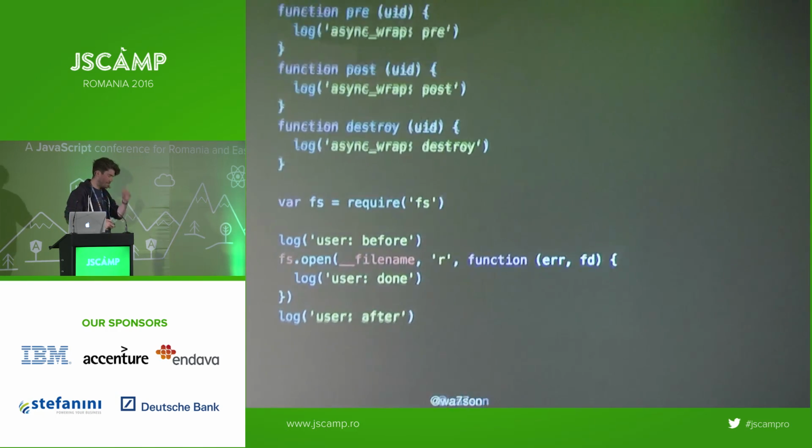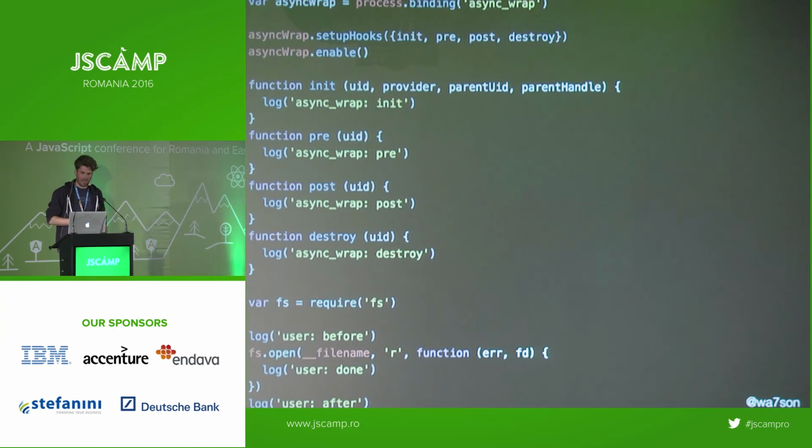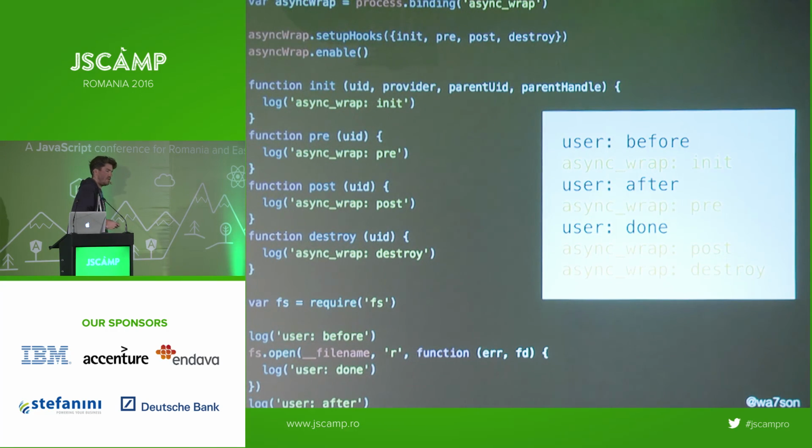And if you try to run this code, what will happen? First, we will see that user before is logged, even though all the other stuff was set up before, but the first actual log entry is user before. Then the init hook is fired, so we can see it logs async wrap :init. And then the after, because we haven't run anything yet, we only added this to the queue, but we haven't actually started doing anything. And then at some point later, whenever it got the file descriptor from the file system, we get the pre-hook, and then the callback is called, so we see the user done, and then the post hook,